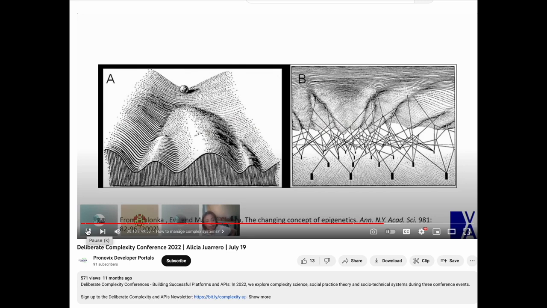But if you look at the right-hand image, you realize that it's all these underlying constraints that are creating the landscape. If you were able to adjust the constraints that produce the landscape, you would change the topology of the landscape, and the system might go in the direction that you wanted it to.